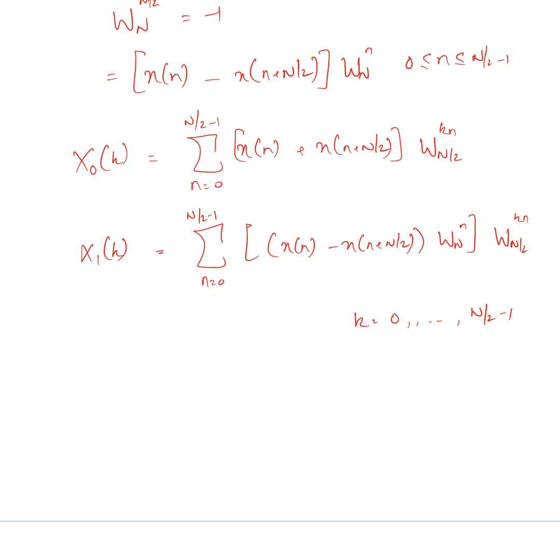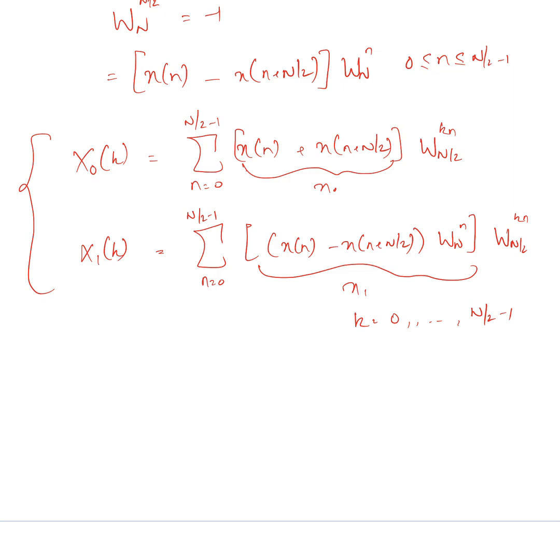Okay, so these equations give the n by 2 point DFT of the sequence x naught n. So this one is the x naught and this one is the x1,